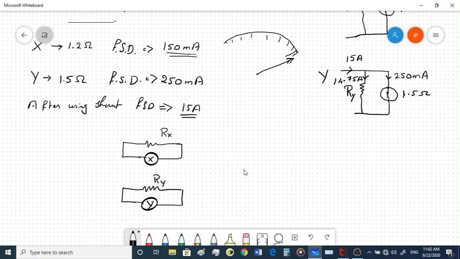Both these meters are connected in parallel. That is what they said. So let's connect them in parallel and place them in a circuit. These meters are connected in parallel and placed in a circuit where the current flowing through the circuit is,